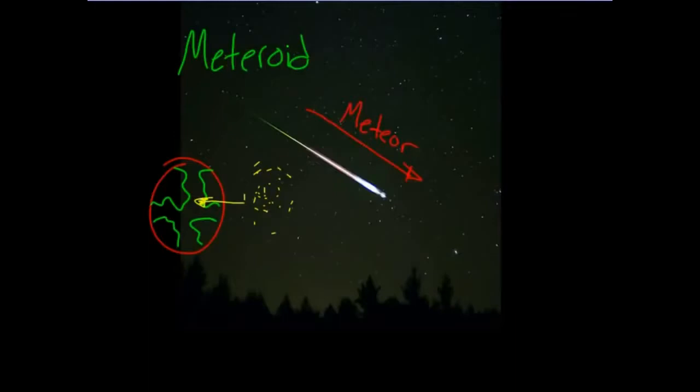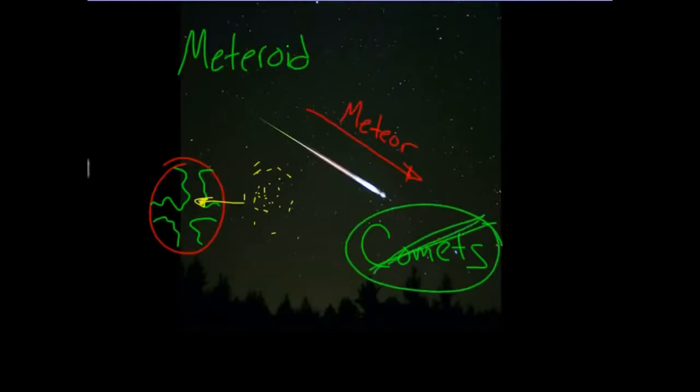Now, we don't want to confuse meteors with their cousins, comets. Whenever we see a meteor, those are not comets. Whenever we see a meteor, they are moving through our atmosphere very, very fast, and they go pew, and then they burn up. Sometimes if you get a larger meteoroid, it'll strike the ground, and then it becomes a meteorite, you know, all these words tied together and everything.